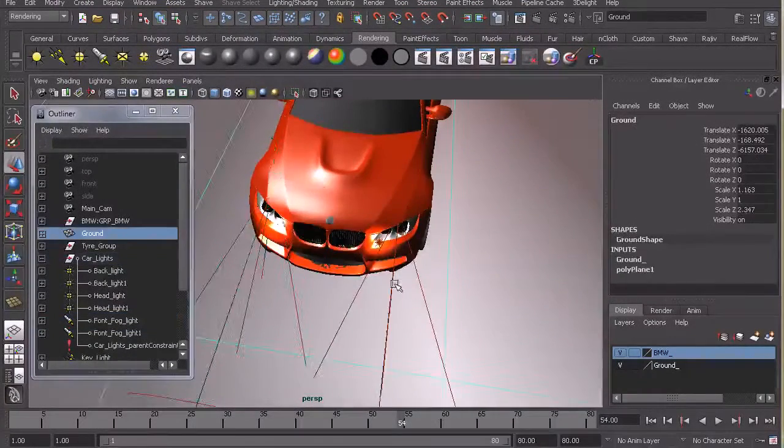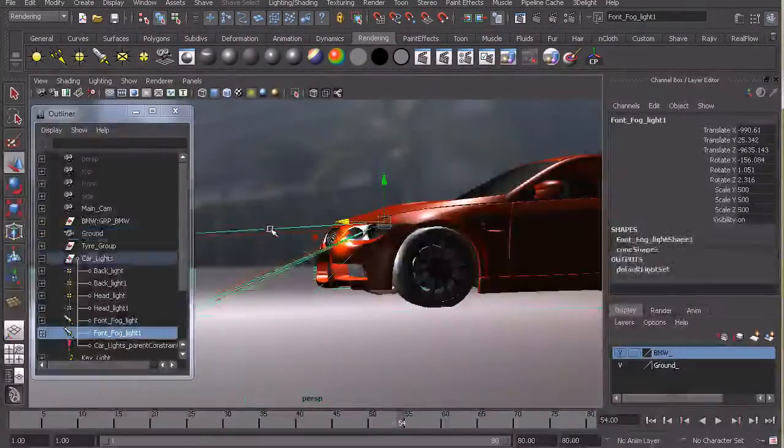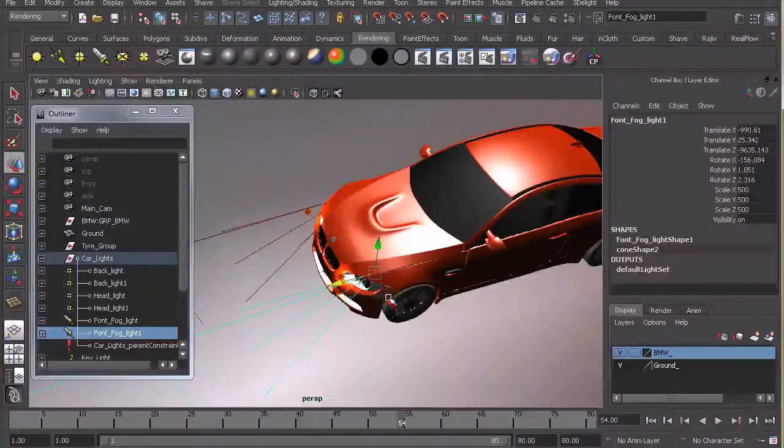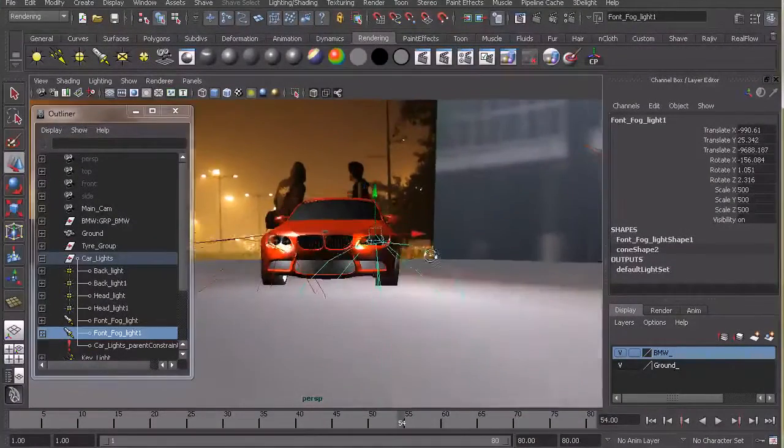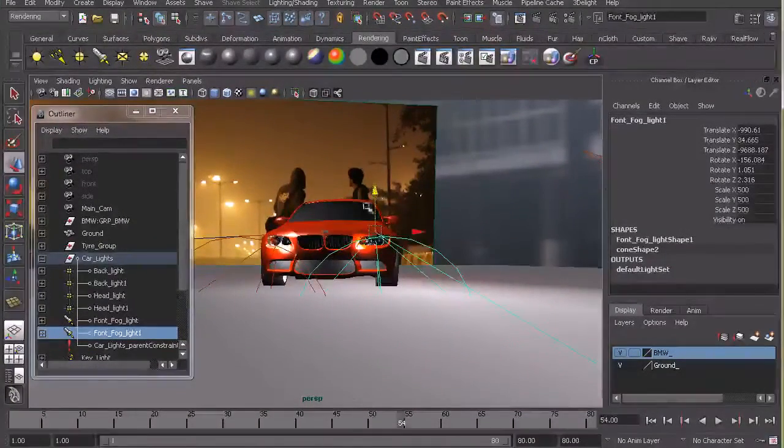Okay, and do the same for this one. Just deselect that so we cannot select polygon accidentally. All right,